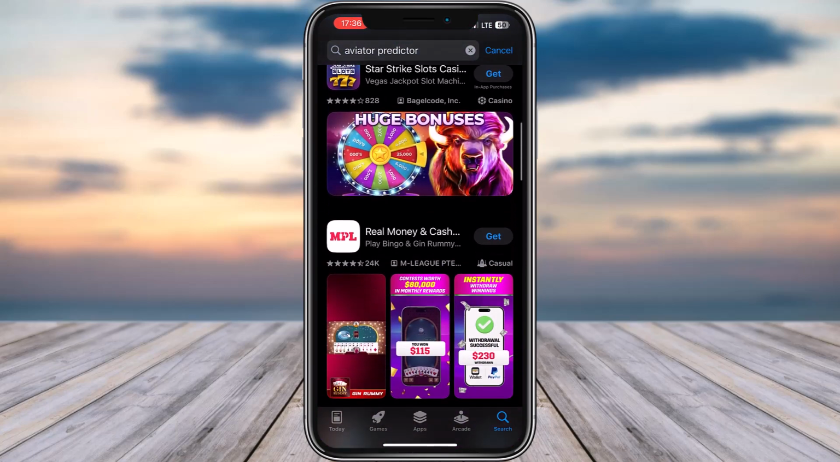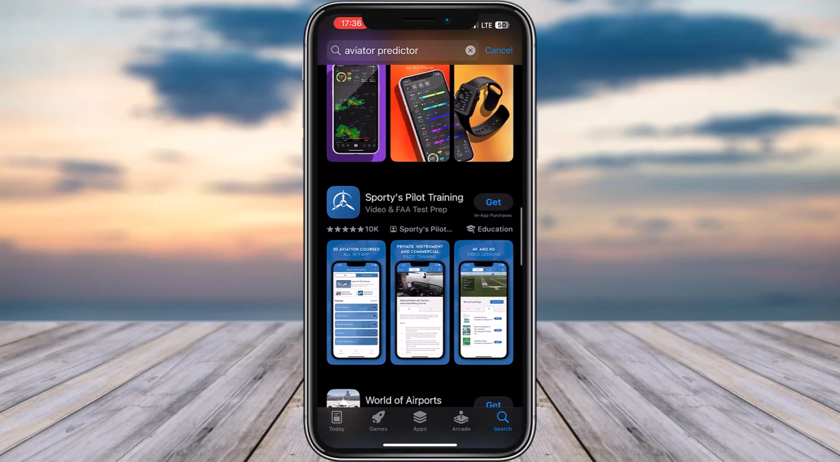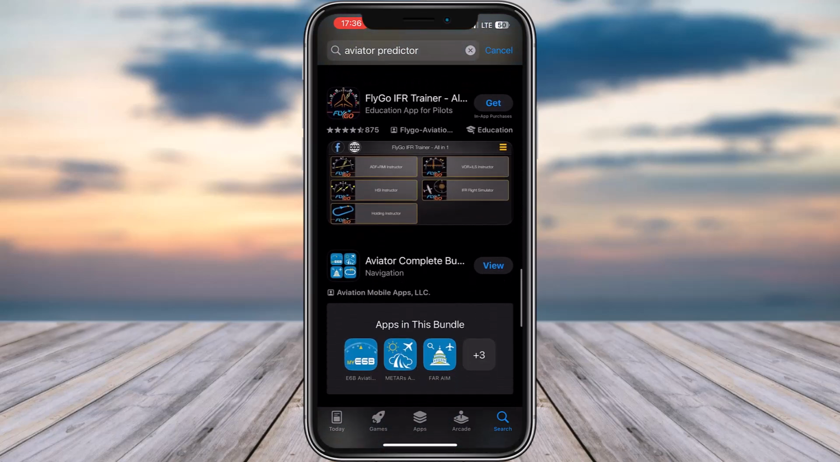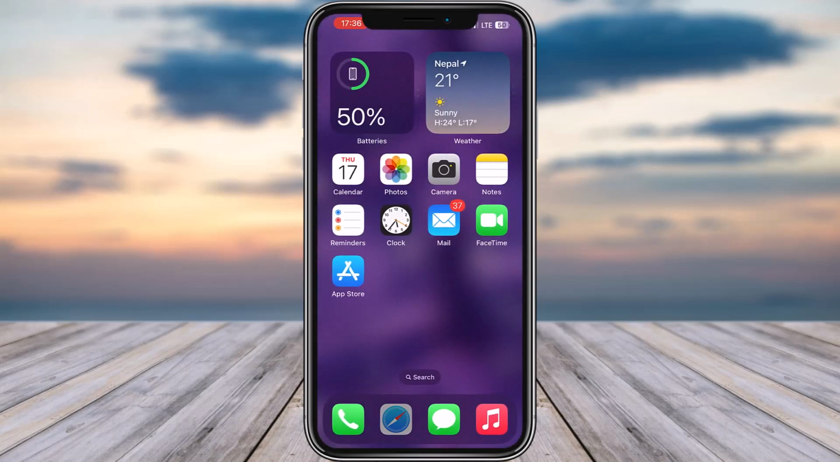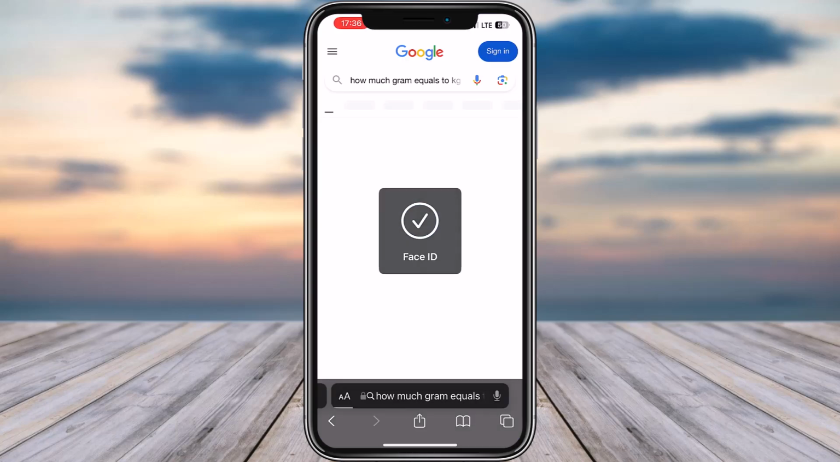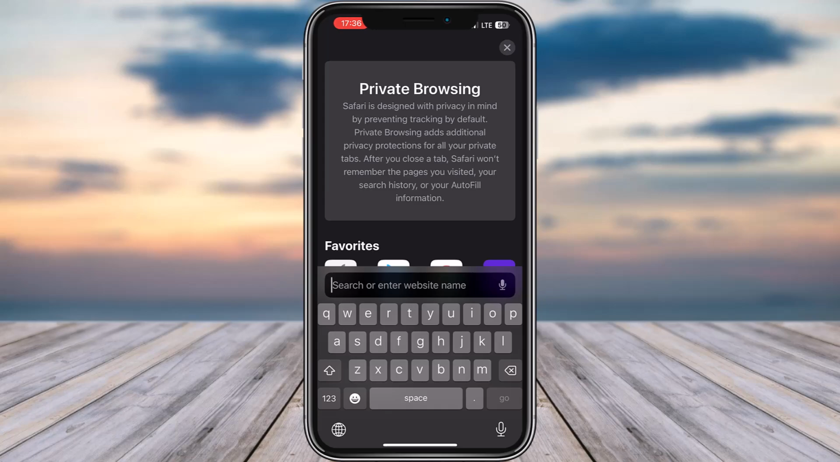So when you go to your app store and search Aviator Predictor, you will find plenty of options but not the exact ones, or maybe you're confused or it is not what you've been searching for. Then I would suggest going to your Safari or any browser that you prefer on your mobile phone. I'm going here in Safari. You can open whatever you prefer, and from over here go to the search bar and type in